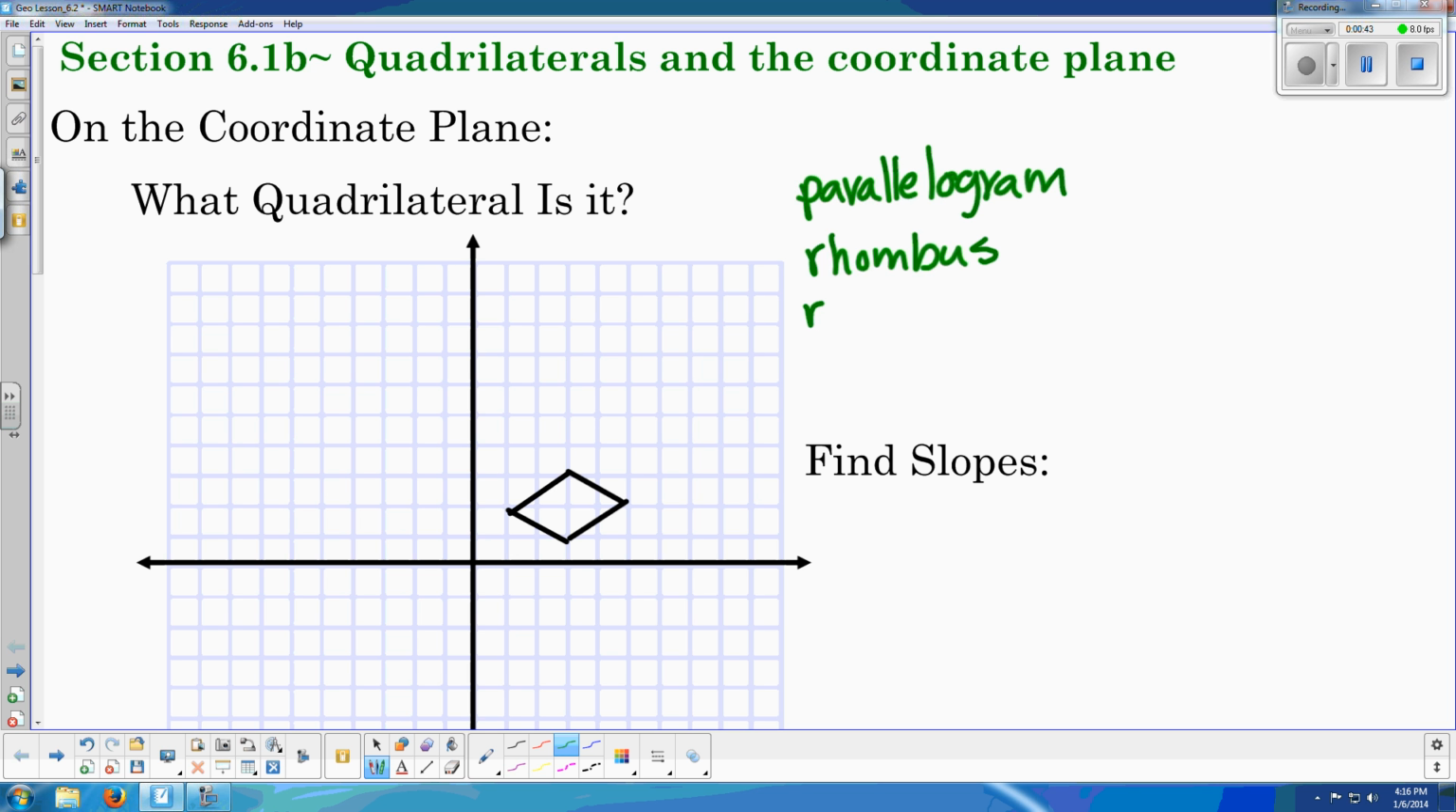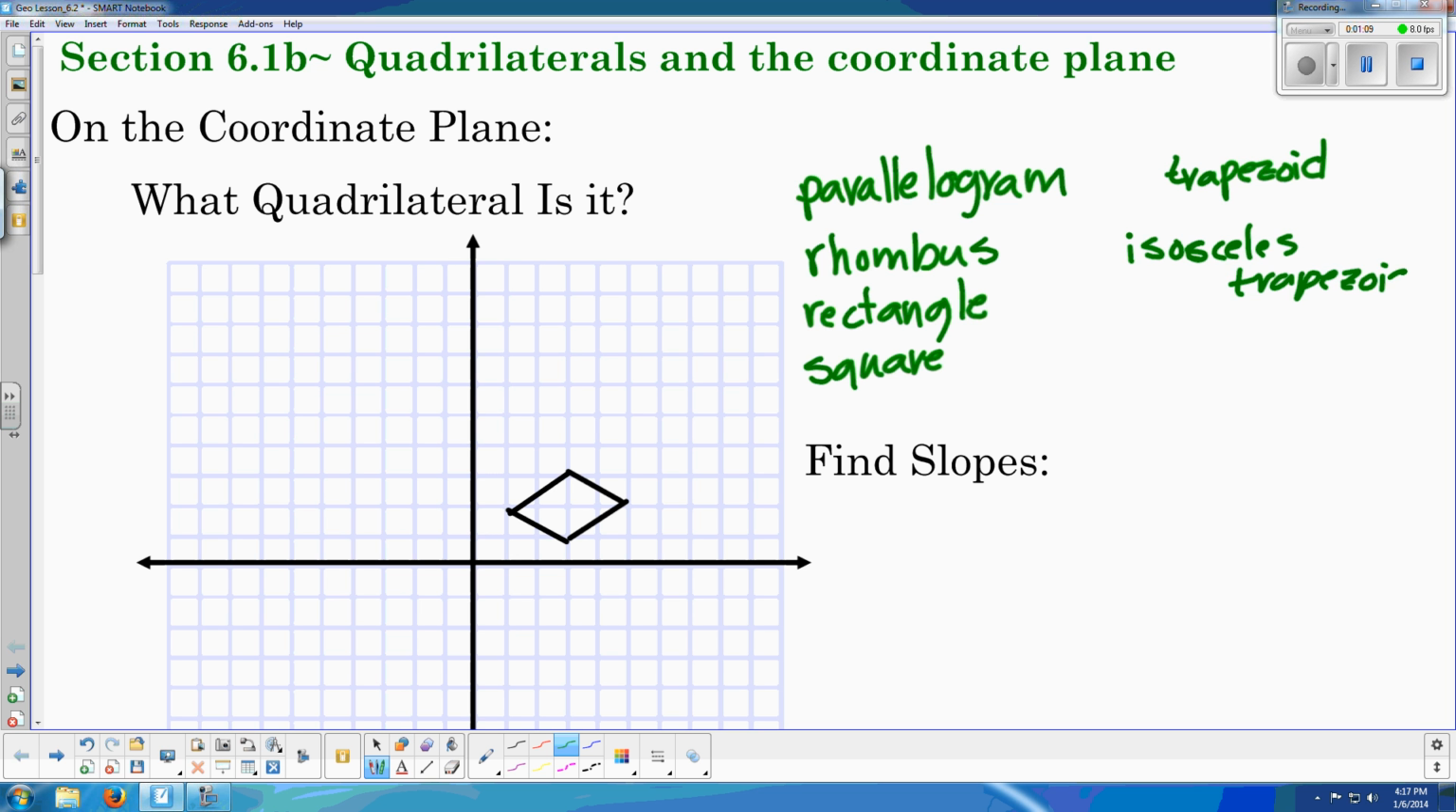The next one we talked about was a rectangle. Then we talked about a square, which we both know what a rectangle and a square are. Our next one is a trapezoid. And then we have a special kind of trapezoid called an isosceles trapezoid. And then we have a kite. Now hopefully you remember all of the properties of these so that this will be easier for you to figure